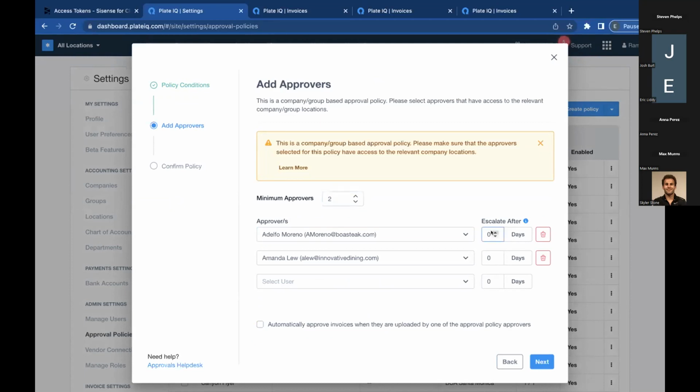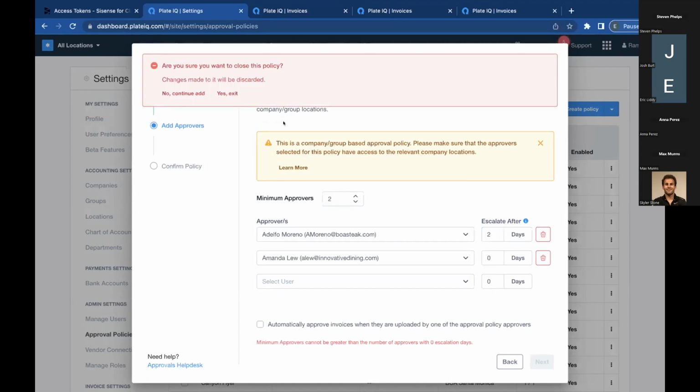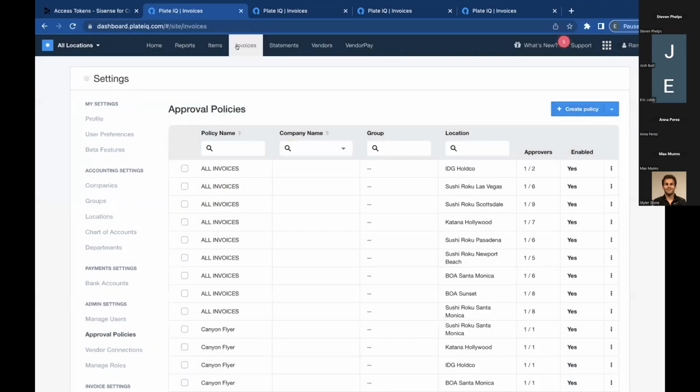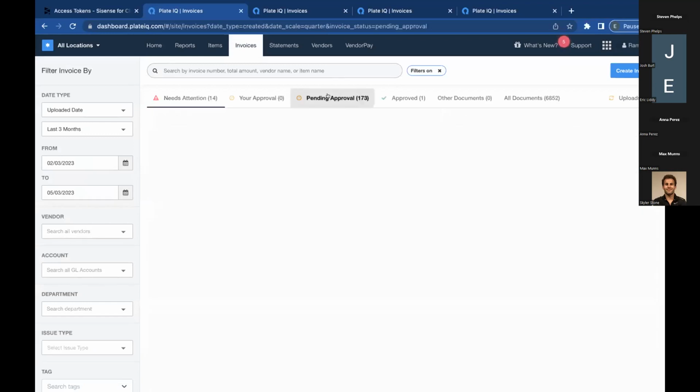I can even create escalation days. So maybe after 2 days, this invoice automatically goes to Amanda after Adelpho. She needs to approve it, and we need to get this out and paid. So there's all sorts of different ways that we can design this that's necessary to fit your specific workflows you have in mind today. Once these policies are set up, and once your invoices are flowing through Plate IQ, they